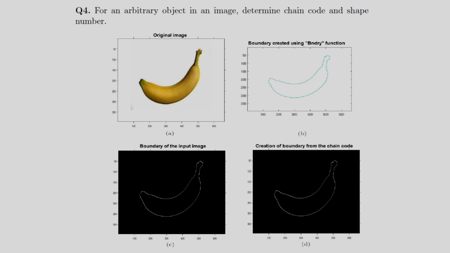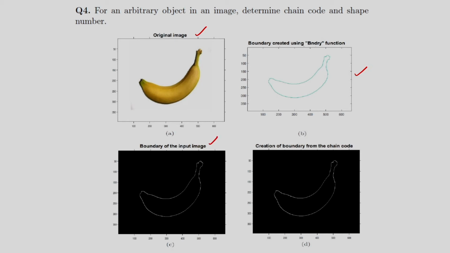The next assignment is, for an arbitrary object in an image, determine the scene code and shape number. So here I am showing the original image, and this boundary of the object I have to represent by using the scene code. So for this you can see I am showing the boundary of the object, that is the boundary of the input image, that can be represented by the scene code.